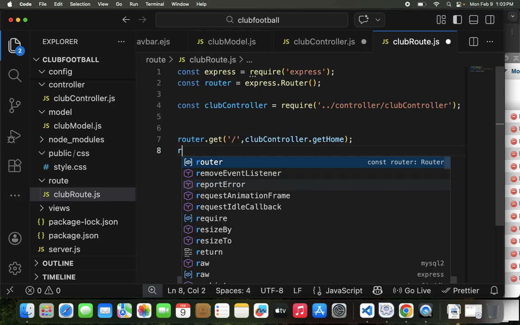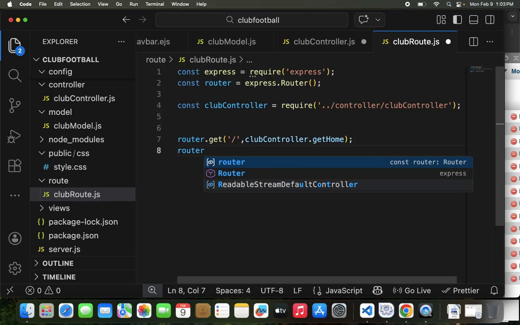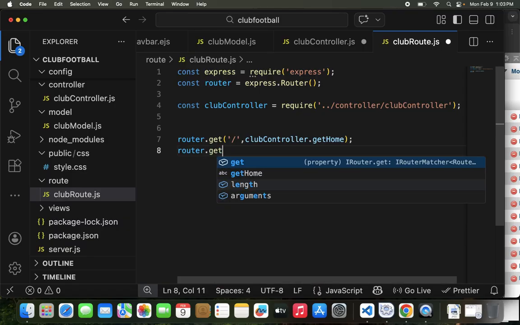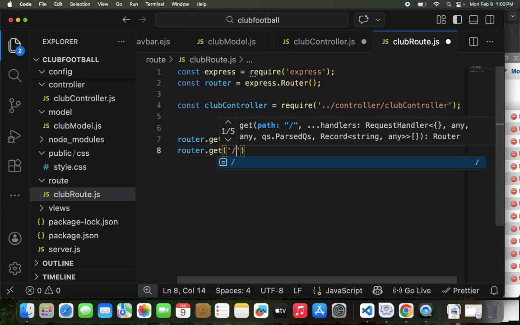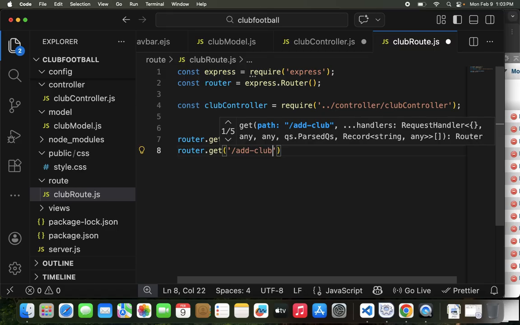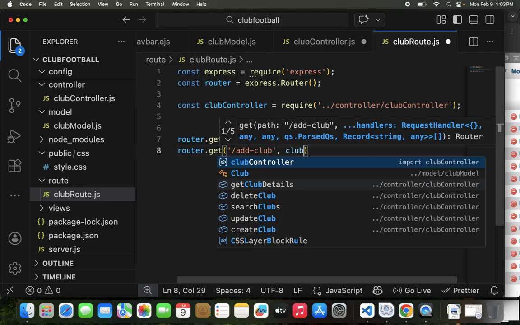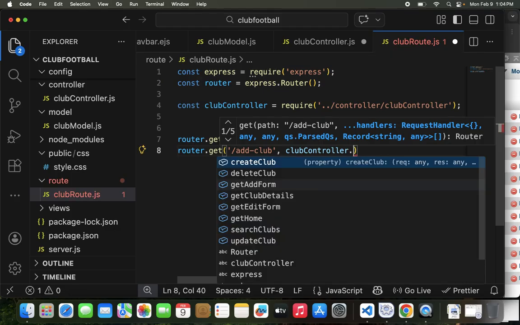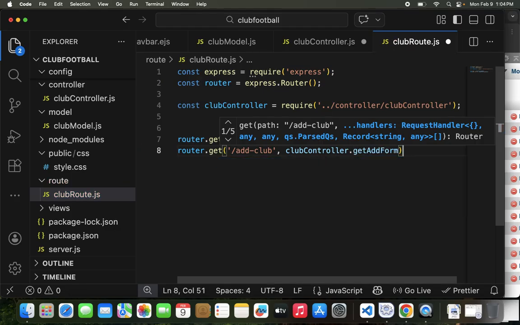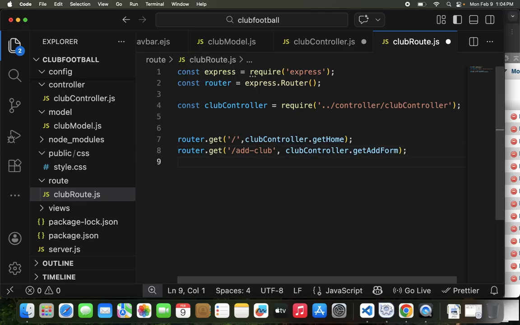Let's do the one for adding a club. So we go router dot get. This is going to get our form. Our route is add club, and then we do club controller dot get add form. Do we have it? Okay, we have it. Good. Then the next one is